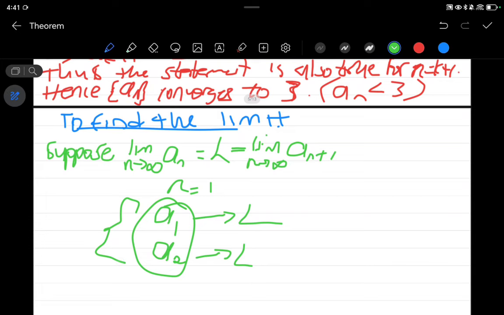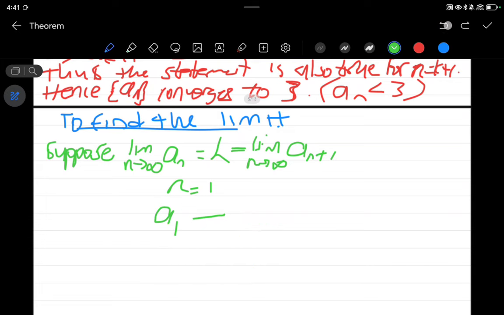They're in one function, which is a of n. You see, it's one thing. That's why I was saying that they're all approaching the same number. They would all converge to the same number. So even if we were to get a3, a4, a5, they would all converge to L. Then since we're given that a of n plus 1 is equal to 3 minus 1 over a of n,